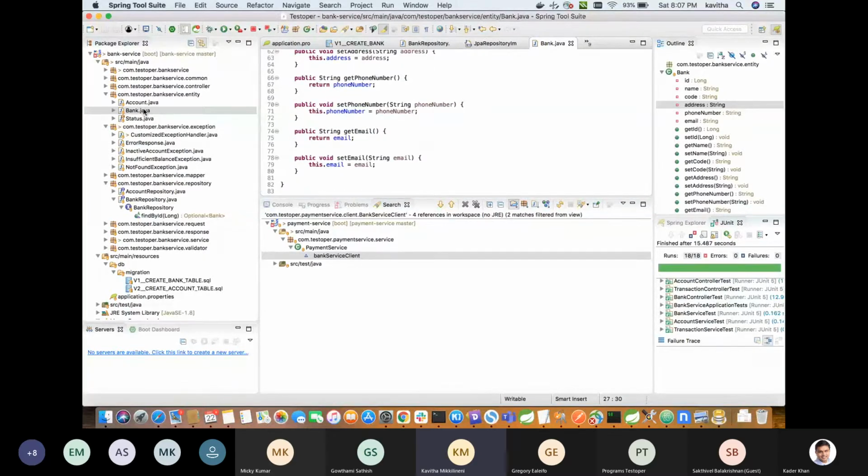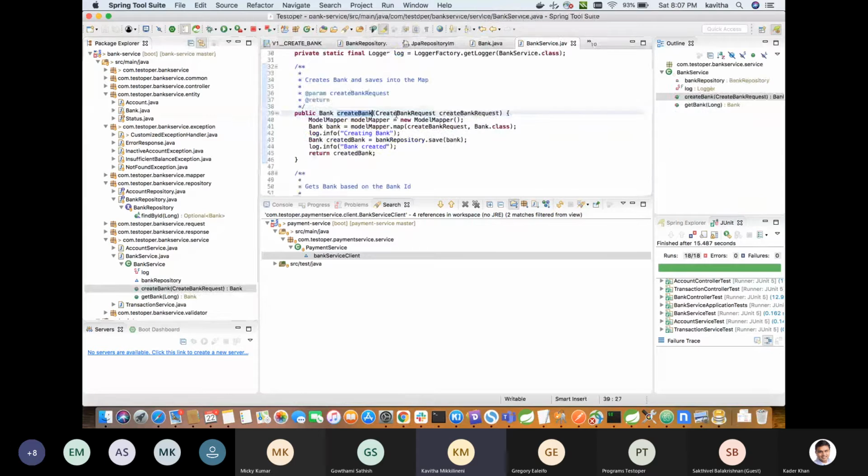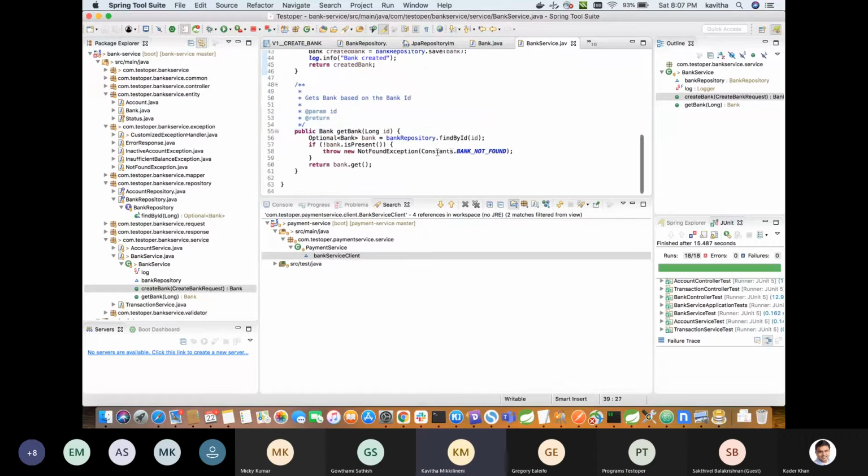So we'll write the entity class, we'll have a repository class, and wherever we have to invoke the database operation, we'll call repository.save or repository.get. This is a create, so it is a save. In case of get, we are doing a find by.